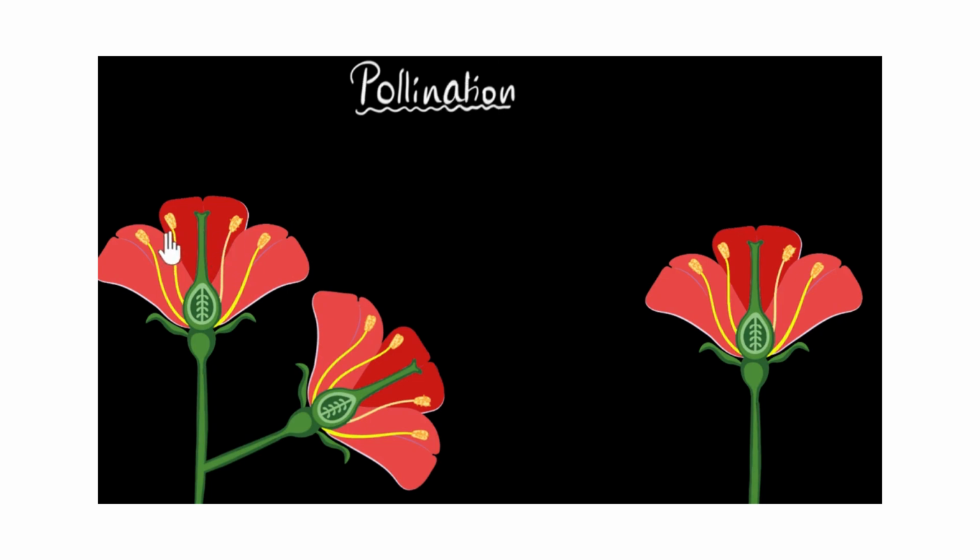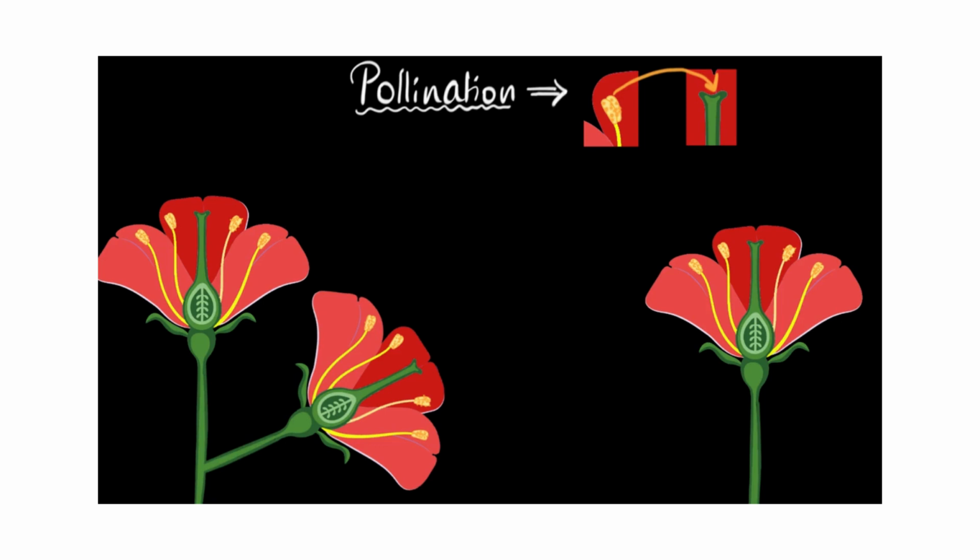Pollination is simply the act of transferring the pollen grains from the anther, the top part of the male organs, to the stigma. Stigma is the top part of the female organ. So let me just show that. Here is the pollen grain sitting on the anther, top part of the male. Here's the stigma, top part of the female. The act of transferring that pollen grains from the anther all the way to the stigma, that's basically what we call pollination. That's what pollination is all about.